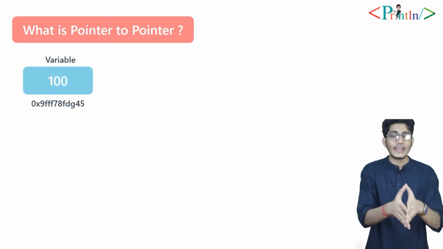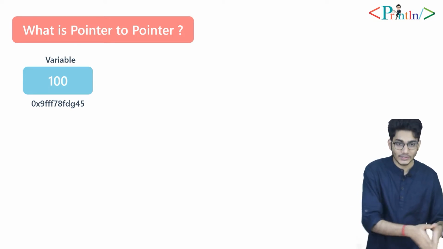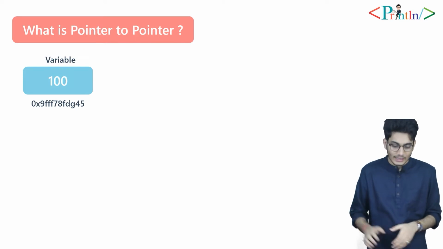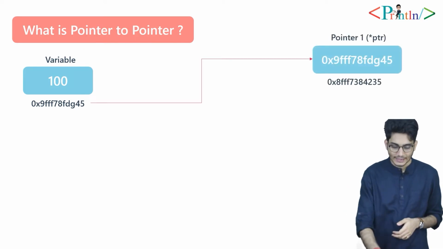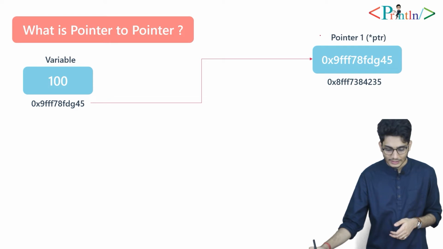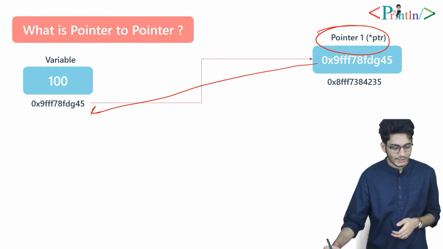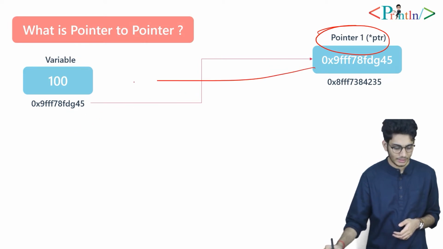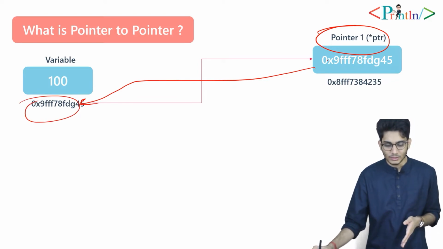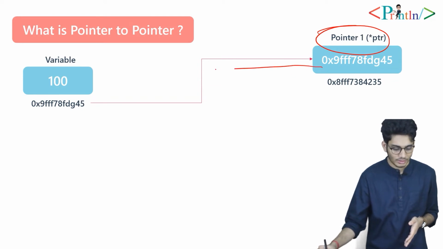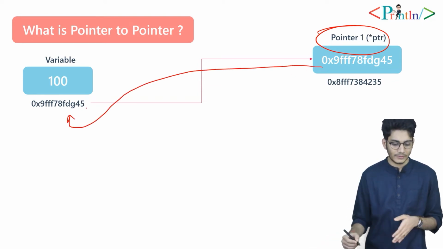Now let's say that we have a variable, and it has an address. For storing this address we have declared a pointer. You can see that we have declared a pointer. So what does a pointer do? It stores the address of a variable, not a, the address of any variable. In this case, a variable is a or b or c. So a pointer stores the address of any variable.